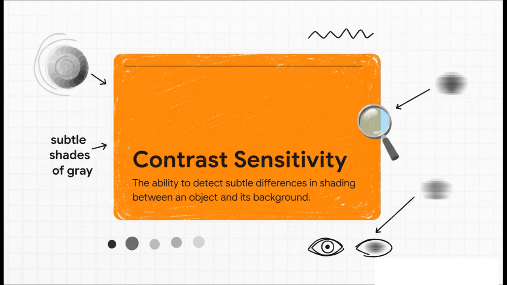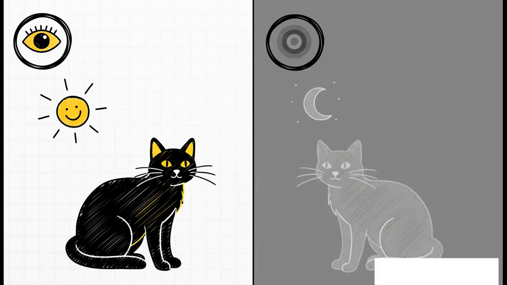Think shades of gray. This is really a measure of the quality of your vision, not just the quantity of detail you can see. I love this analogy. Visual acuity lets you see the individual whiskers on a cat in bright sunshine. Contrast sensitivity is what lets you spot the shape of that gray cat when it's curled up in a dark corner of the room. And here's the kicker. A lot of eye diseases will start to affect your contrast sensitivity long before they ever touch your 20/20 score